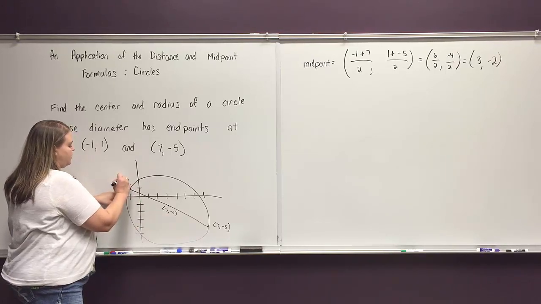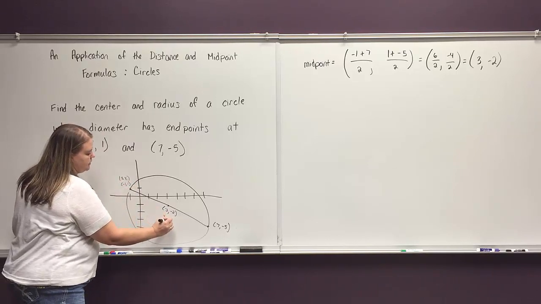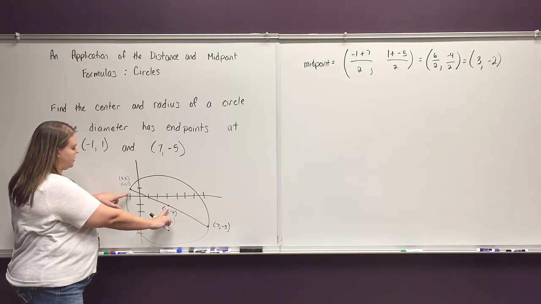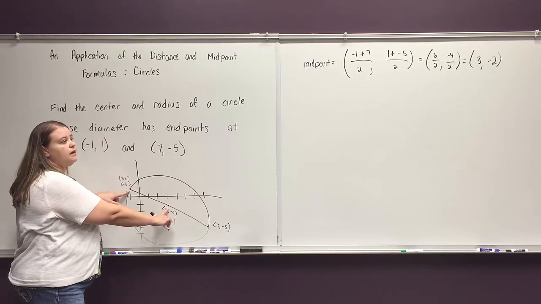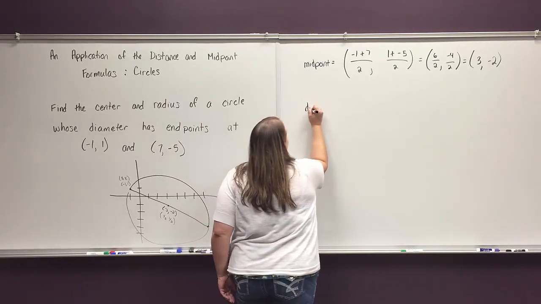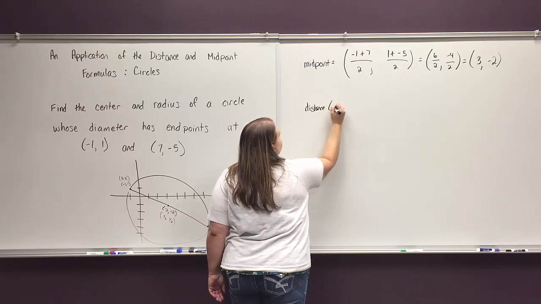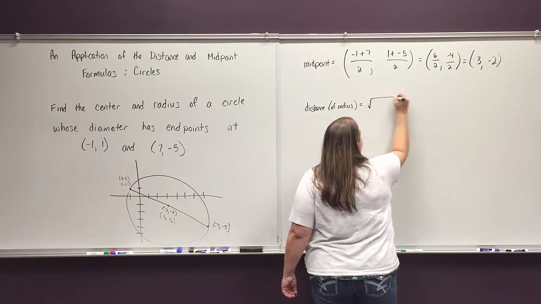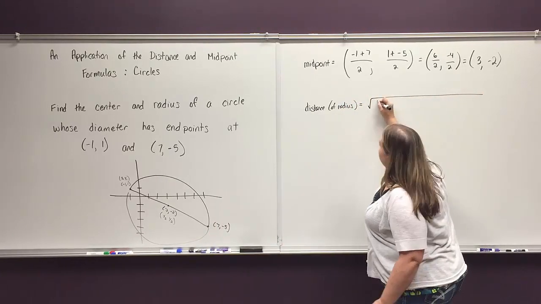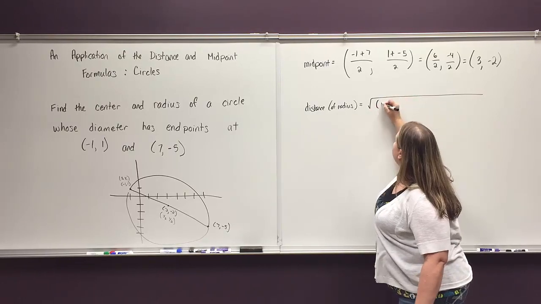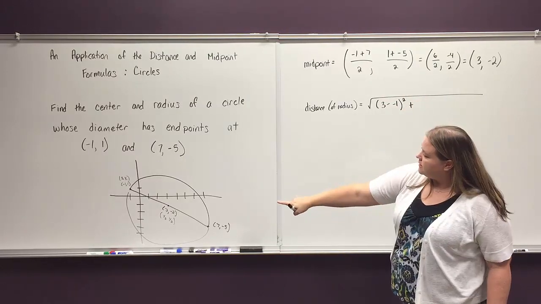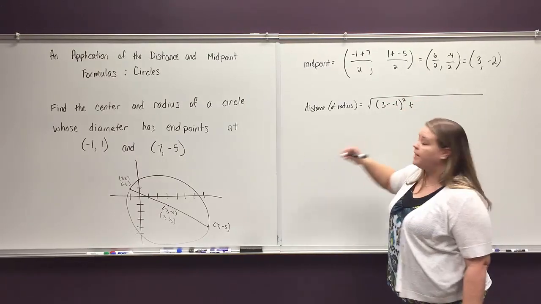I'm going to call this one my x1, y1, and I'm going to call this one my x2, y2. And I'm going to use these 2 points in my distance formula to find the distance from the center to this point on the circle, which should give me my radius. So the distance of the radius is the square root of x2 minus x1, so 3 minus -1 squared, plus y2 minus y1, so -2 minus 1